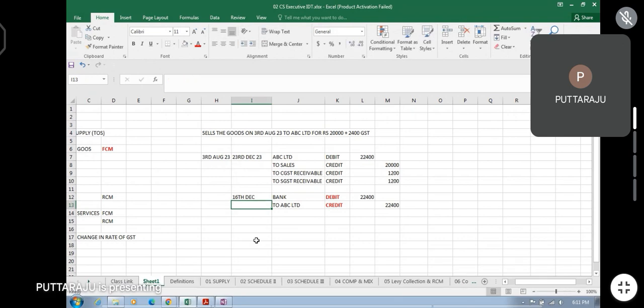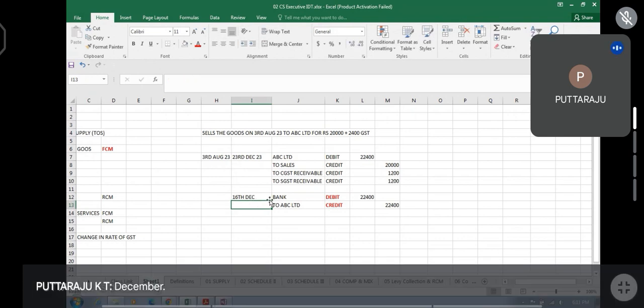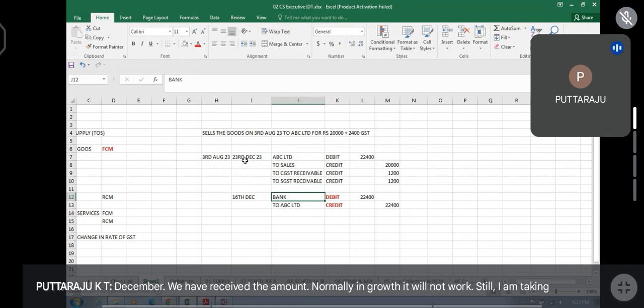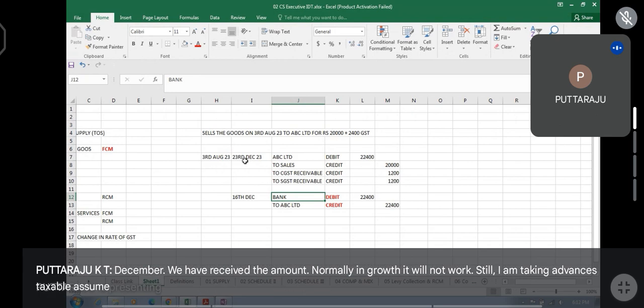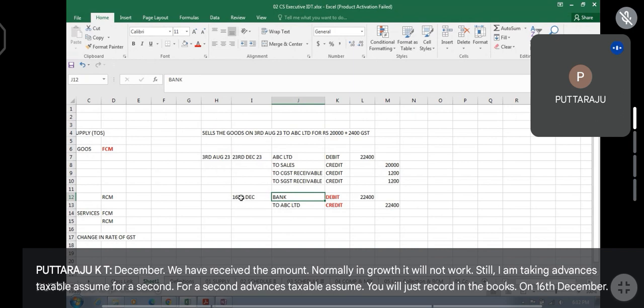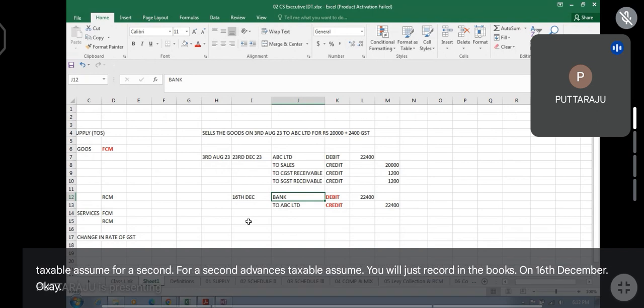December. You have received the normally in goods it will not work. Still I am taking advance is taxable, assume for a second. For a second, advance is taxable, assume. You will just record in the books on 16th December. Okay? You will deposit the check in the bank. It will realize